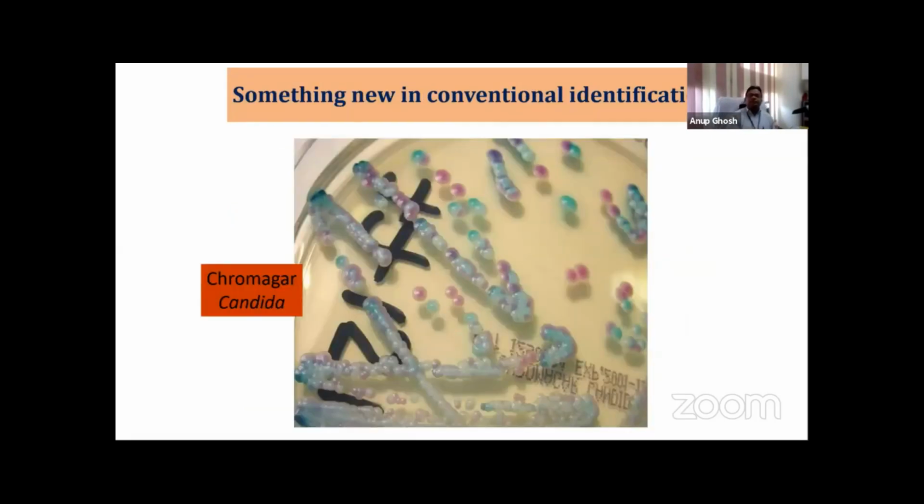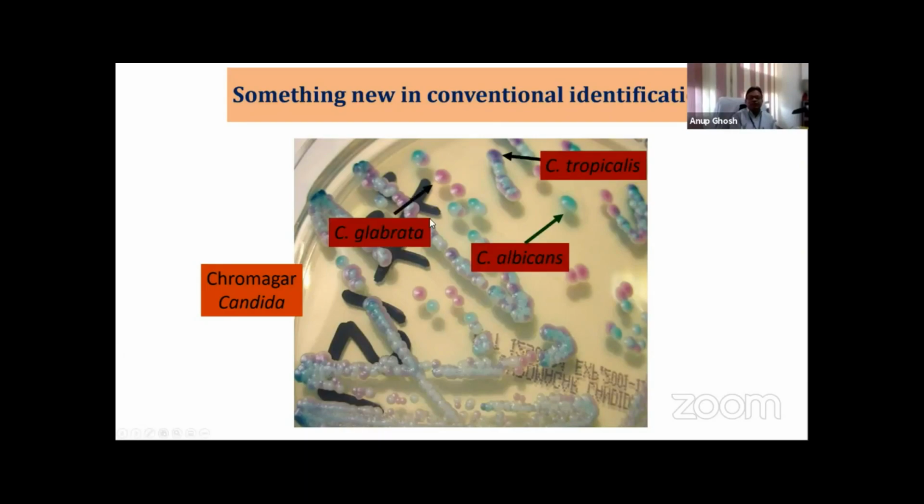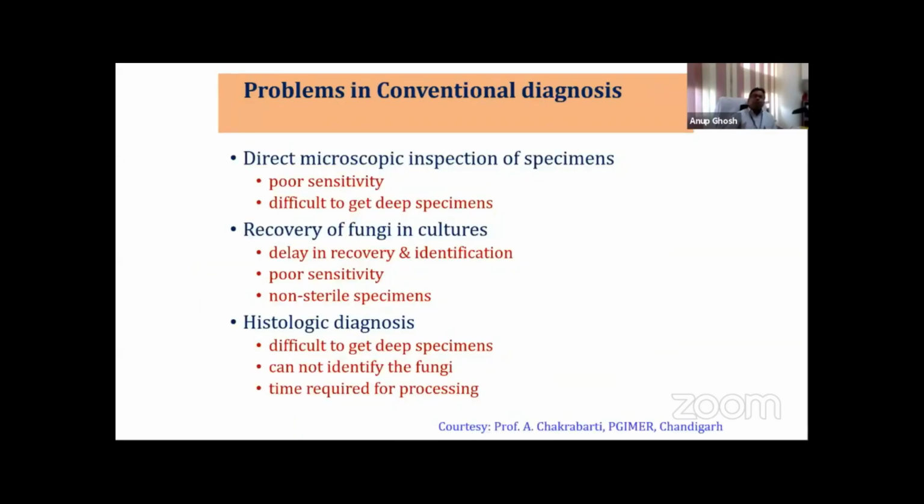Now, recently, some new conventional identification like CHROMagar has been marketed. On the basis of color, we can differentiate different yeast colonies in the CHROMagar, but still it takes a minimum of 24 hours. And there is some cross reactivity and unclear phenomena we are facing. So the problem of conventional diagnosis is, in the case of direct microscopic inspection of specimen, which I have already discussed,